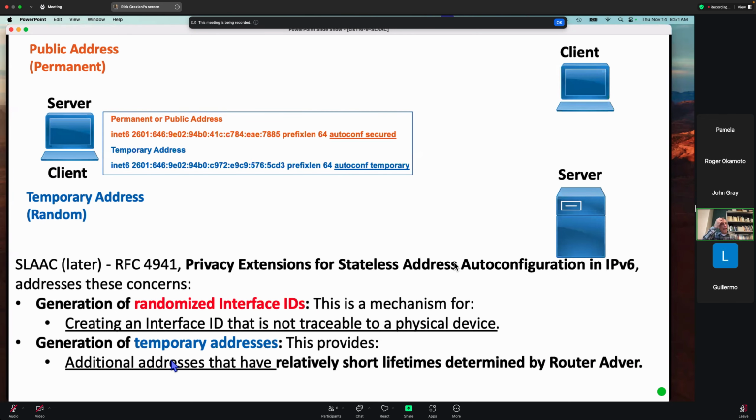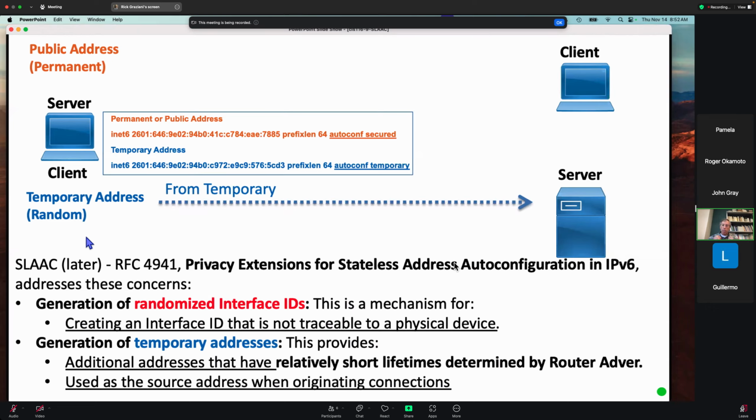So we're going to see that it creates relatively short lifetimes, meaning the lifetime of a temporary address should be shorter relative to the permanent address. And we're going to talk about that, going to introduce that today. So we're going to see that the temporary address is used anytime my device is making a connection to a server,